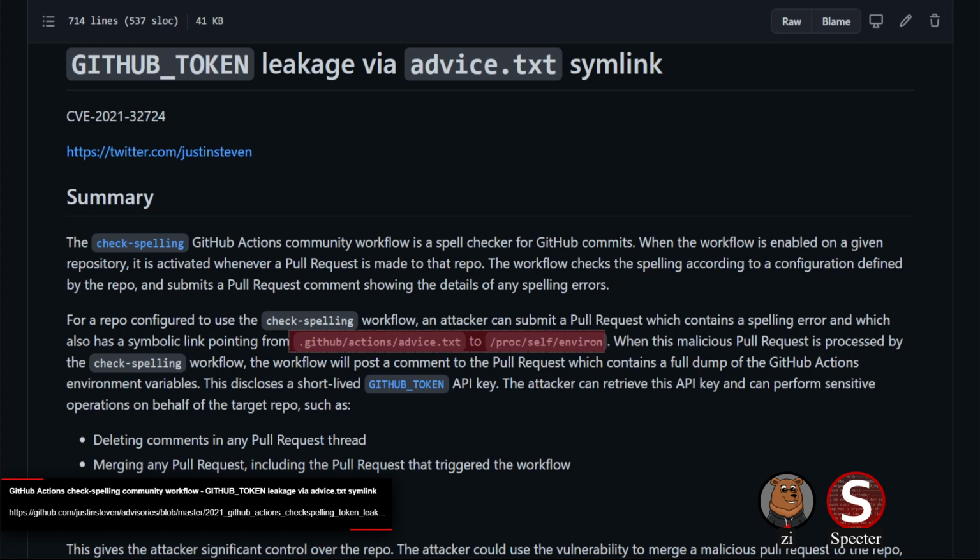Now, that token is ephemeral. It will only last as long as the workflow finishes executing. When the workflow is finished executing, that token won't really be useful anymore. But you can use it if you're quick enough and race to beat the workflow's completion. And if they win that race, they can do things like merge the pull request, create a malicious release, and then even do some stealth actions like deleting the report comment and the pull request to eliminate the obviousness of the attack being used. So yeah, the impact there is pretty big,